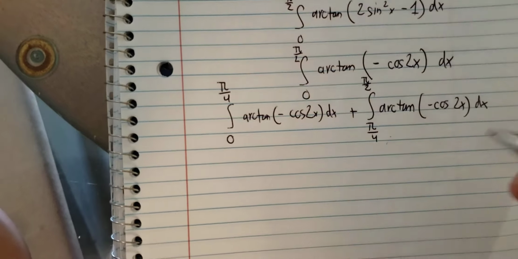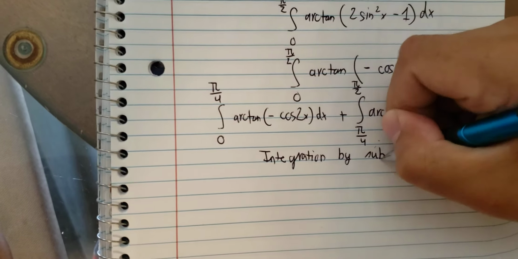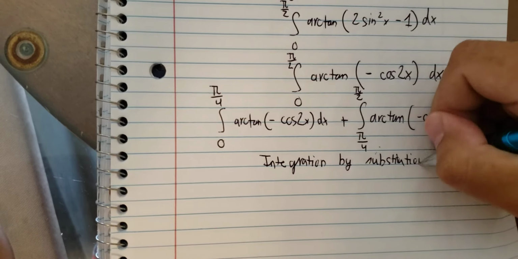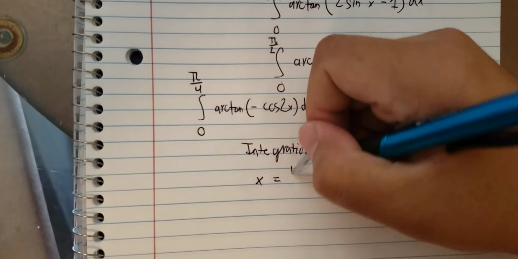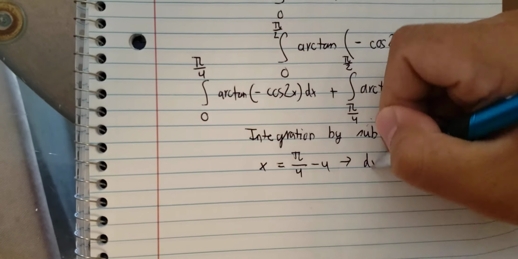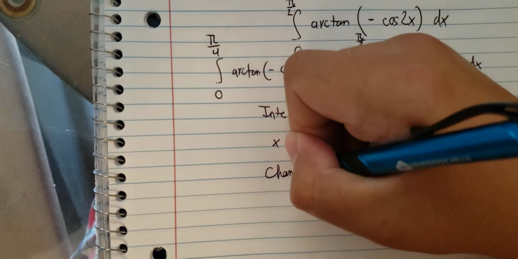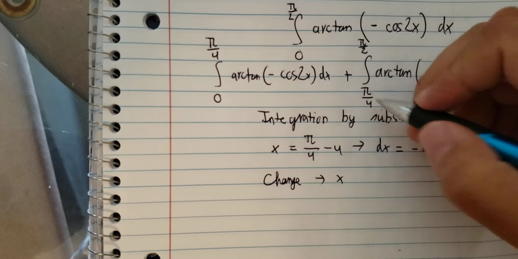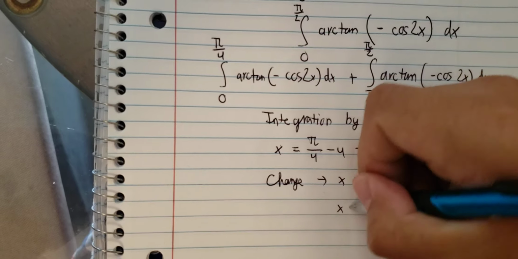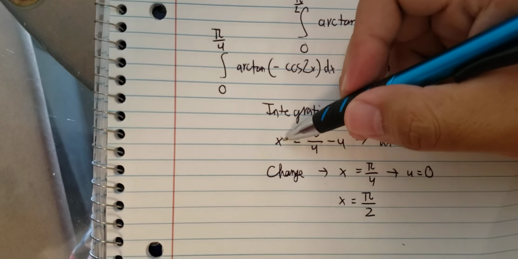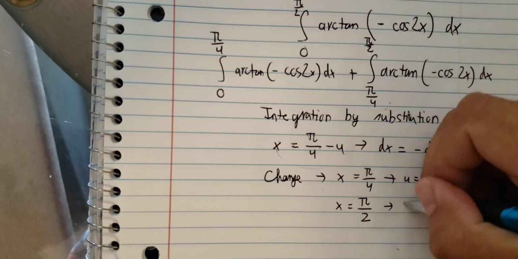Now I will go to the second one. So we need to use integration by substitution. So we get s equals pi over 4 minus u, ds equals negative du. So we need to change the boundaries in here. If s equals pi over 4, so we put pi over 4 in here, so we get u equals number 0. S equals pi over 2, so we have pi over 2 in here. So we put pi over 2 on the right, u on the left, and we get u equals